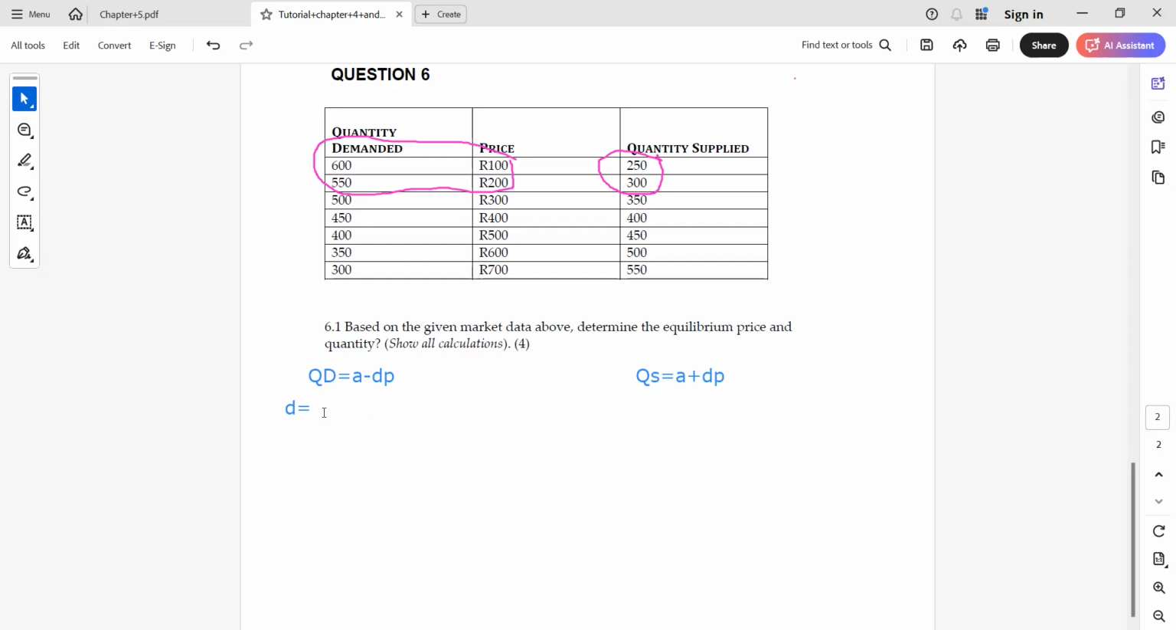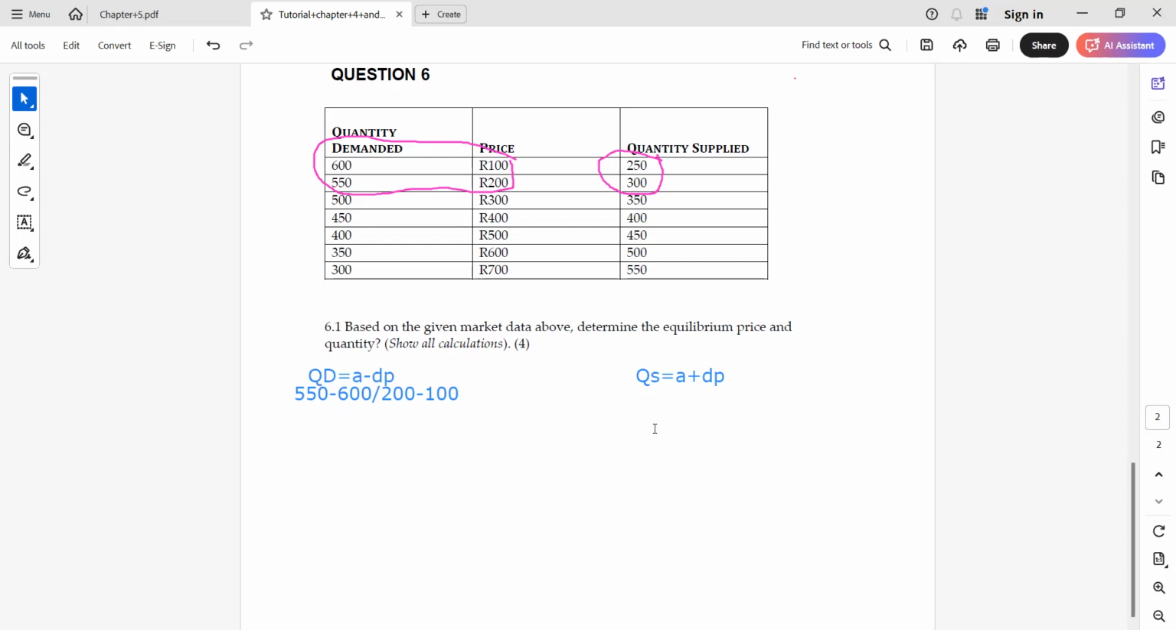So you're going to say, okay, we have to find the change in quantity demanded. So you're going to say 550 minus 600, divided by the change in price, which is 200 minus 100 rand. And then